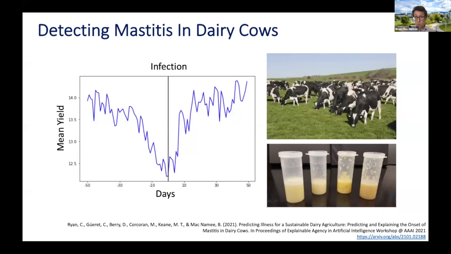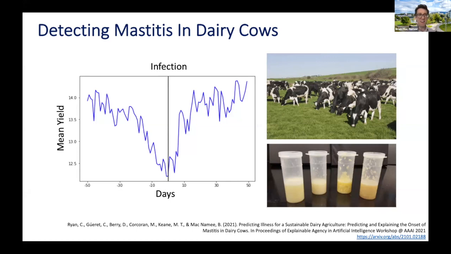One place that we're doing a lot of this at the moment is in agriculture. So in Ireland, certainly there's a big drive to look at how modern computational methods and the collection of data and data science in general can be applied within agriculture. We're doing a lot of work within that. And one place we're doing that is in detection of mastitis in dairy cows.